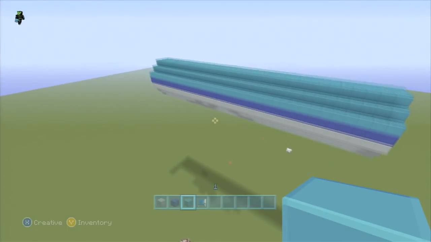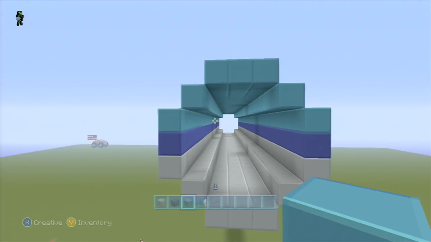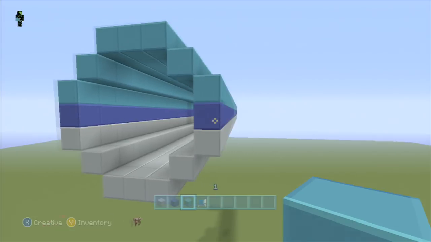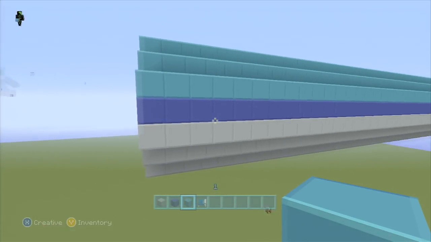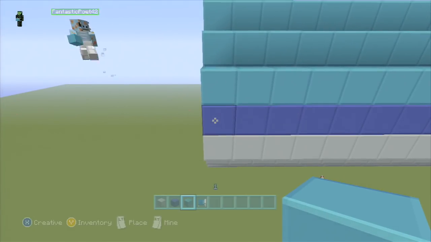Okay, so once again, just to recap, this is what you should look like from looking at it from both ends, and it should be 35 long. It's very easy to get to this point right here. This is a great starting point. And then we're going to make the wings next.